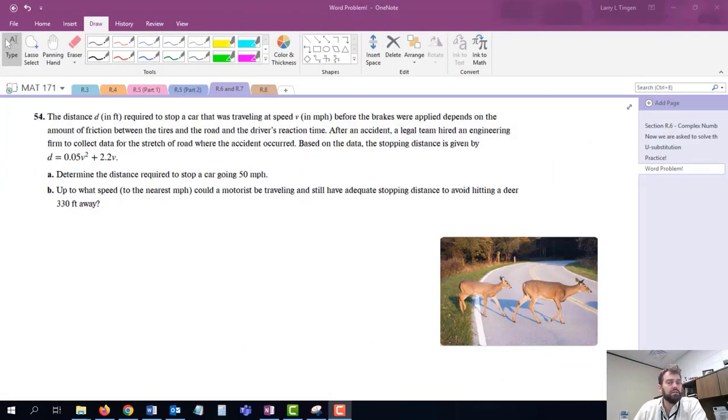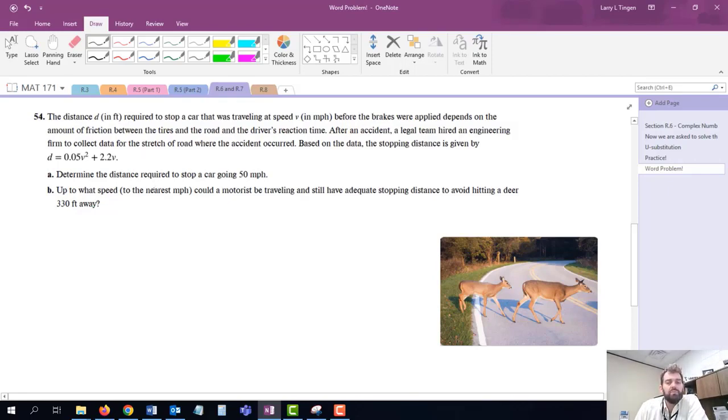All right, last page of R6 and R7. We did this problem in class, but I feel like it got away from me. So I thought I would just toss it in as a little podcast bonus episode. We have our distance, d in feet, required to stop a car that was traveling at a speed v